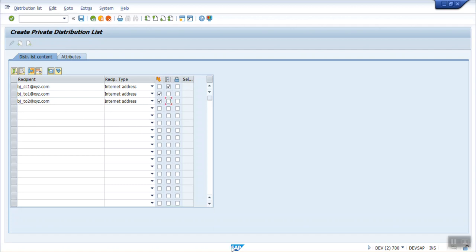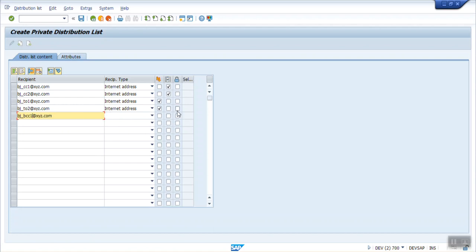Press enter. Again enter the next, that is CC2. And last, I am adding a single BCC email ID, BCC1.